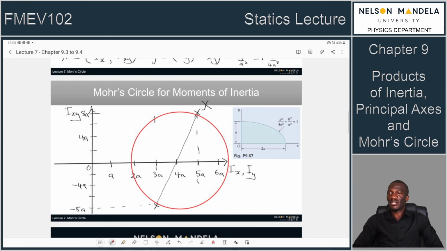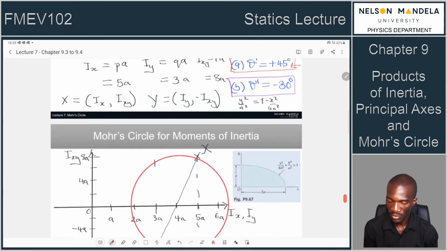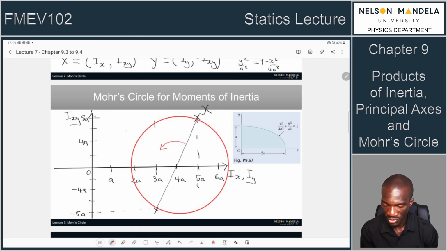Right, so we now have our circle. We're now happy with our circle. We know that these are the moments of inertia for the original axis. Now we want to find the moment of inertia for the new axis. We know that the first axis is 45 degrees from the original axis, so we need to find 90 degrees from here. So from here, if you use your math or some graphical method, then you need to locate your